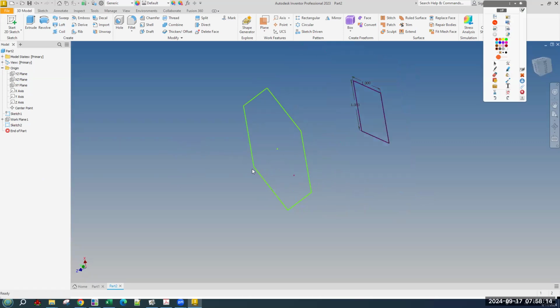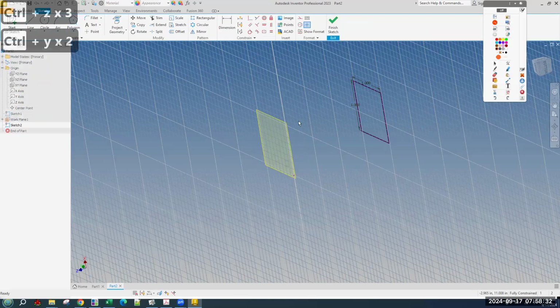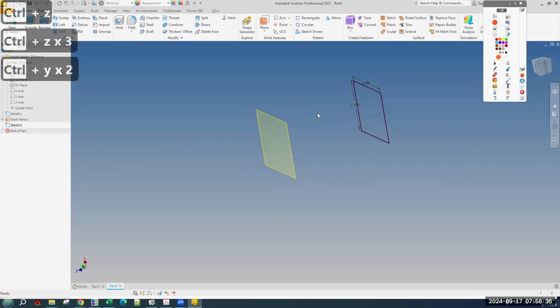Okay, so the key is we're going to make 2 sketches: sketch on an origin plane and then make a new work plane that's offset. And the amount that it needs to be offset is how far away, like essentially the height, depending. Okay, so I'm gonna start and we're gonna look at how this is done with the